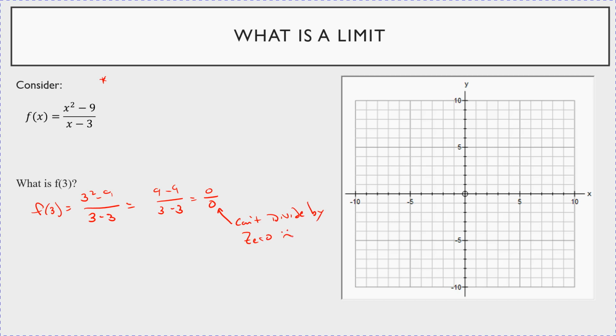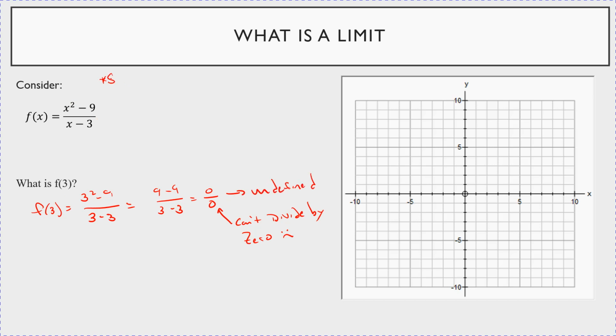But actually in calculus, when you get something that looks like 0 over 0, it's what's called indeterminate form. And in terms of just the function, this is undefined. You can't have this. But it turns out when you have this indeterminate form, the 0 over 0, you're going to be able to evaluate a limit. And now let me show you something. So now that we know that f of 3 is undefined,